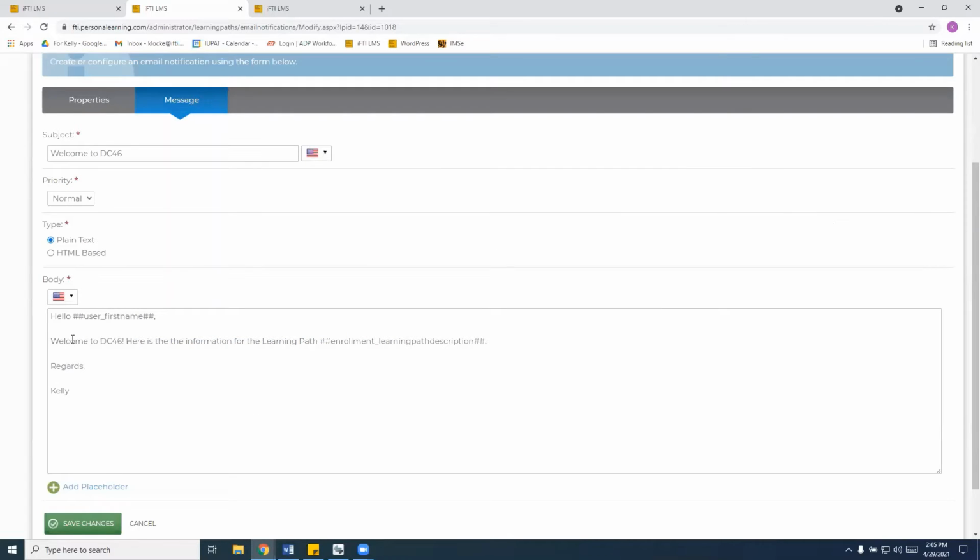So you can see here, I said, welcome to DC 46. Here's the information for the learning path. And I included the placeholder for enrollment learning path description, and then signed it.